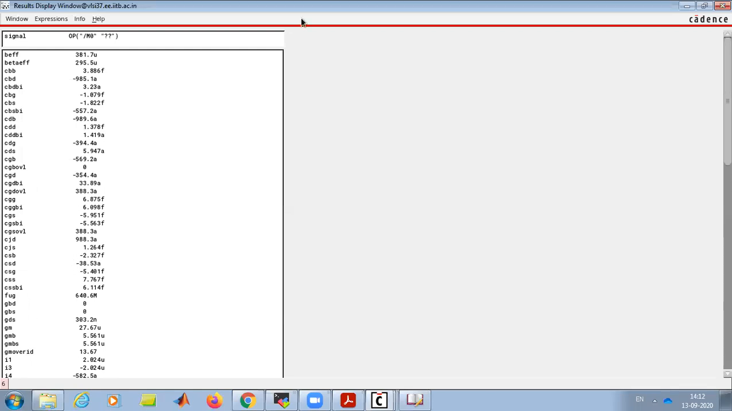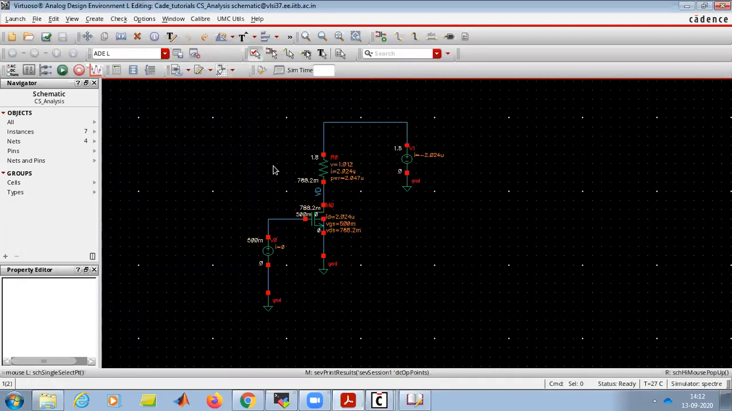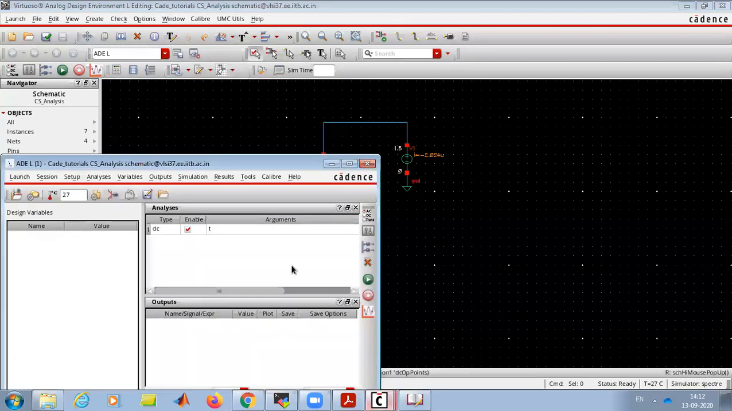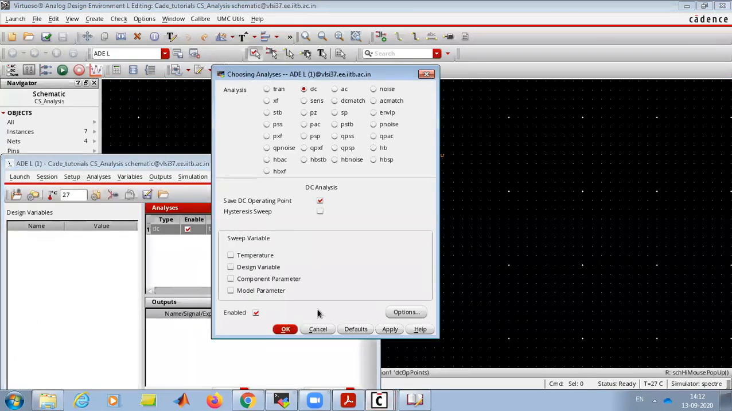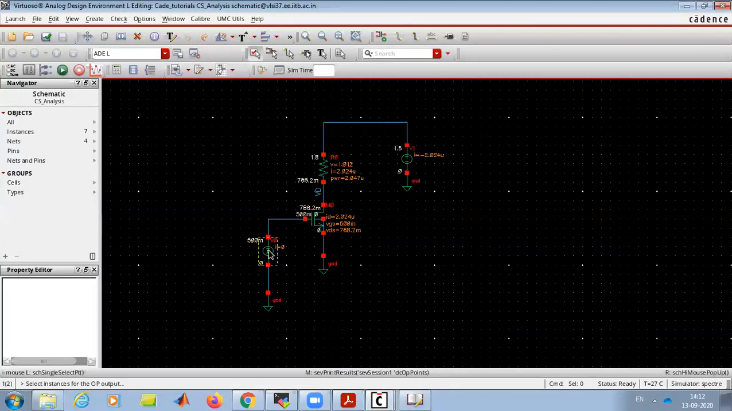Based on this, we get the gain. The gain is just GM into R parallel Rout. But from simulation, we will try to find it out using all three approaches. Now, using DC, we will find it out. For that, we need to sweep the DC. So what we will do is